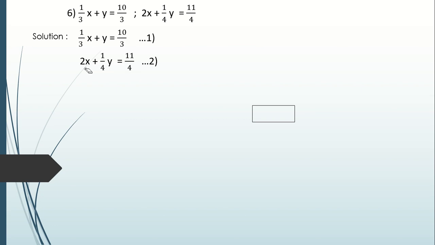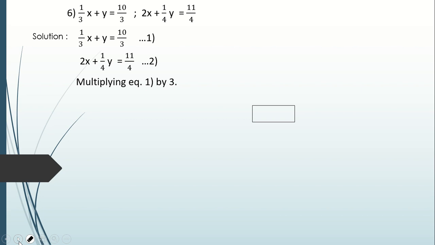Now we don't like fractions in the equation. We want to get integers or whole numbers there, so that it is easier for us to do the operations, right? So in equation number 1, we want to get rid of this divided by 3, denominator 3, right? 1 upon 3. We want to get rid of that 3 part. So how can we get rid of it? Multiplying the equation throughout by 3. When I multiply here by 3, 3 will get cancelled, 3 will get cancelled, and here I will have 3y. In equation number 2, what do I have to do? Multiplying throughout by 4, right? Then 4 will get cut, 4 will get cut. Here I will have 4 2s are 8, right? So that's how I can get rid of those fractions.